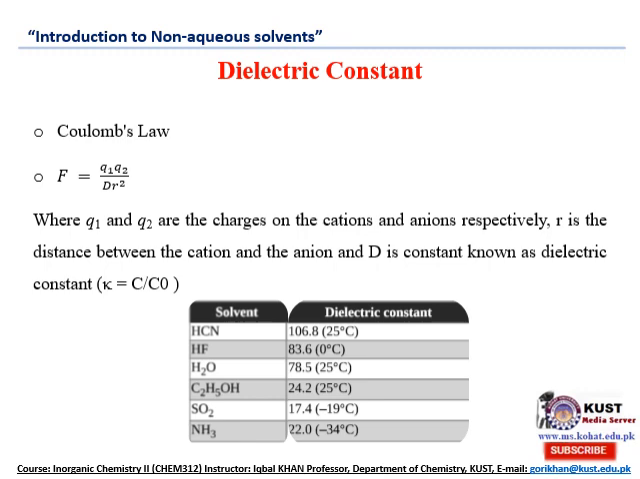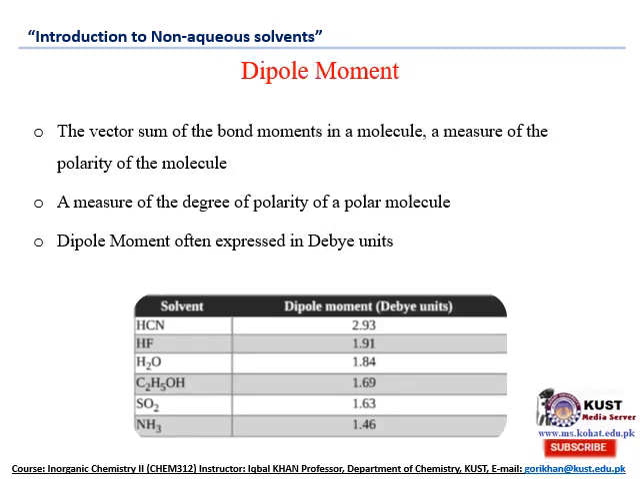So generally dielectric constant is denoted by kappa, which is actually the ratio of the capacitance of a given substance to its capacitance in the vacuum. Next we move on to dipole moment. Dipole moment is basically a very interesting